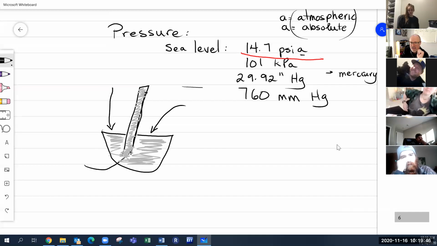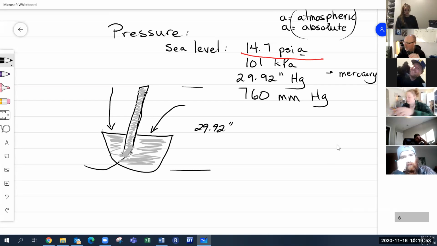And it actually sat there at a measurement of 29.92 inches. So he determined that the weight of the air pushing down on the mercury in the bowl kept it going up at 29.92 inches. It's kind of cool. And what he also did,